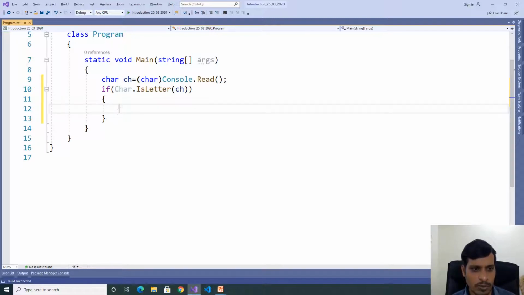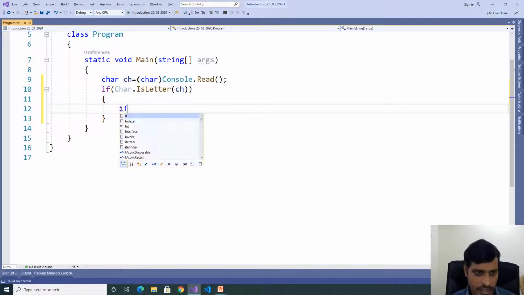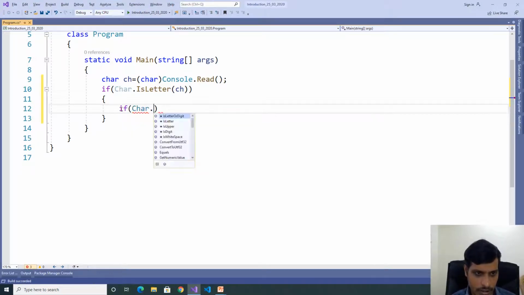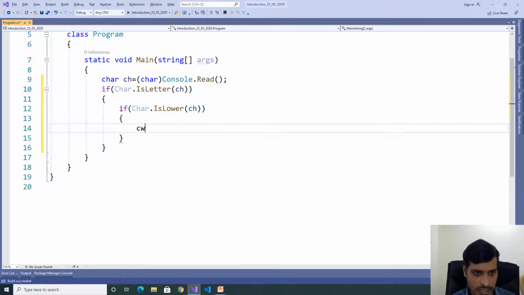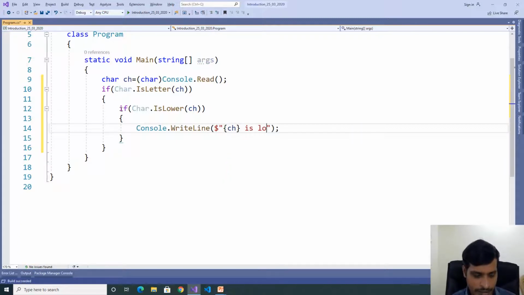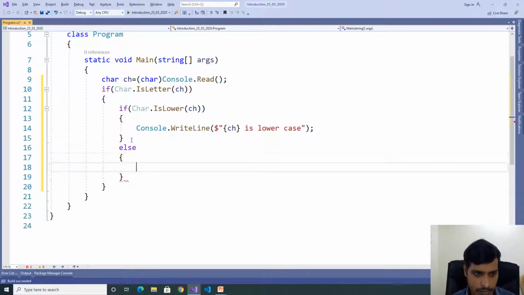Inside we'll write one more if, char.IsLower(ch), Console.WriteLine $"{ch} is lowercase", else Console.WriteLine $"{ch} is uppercase".